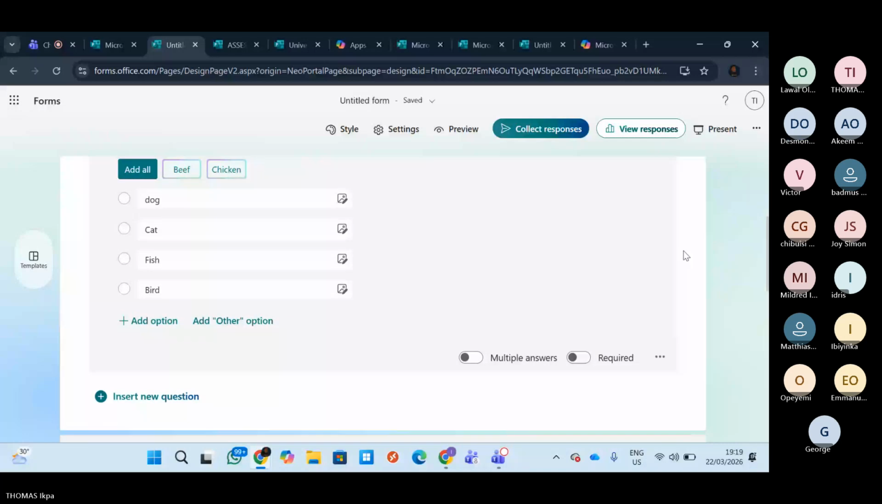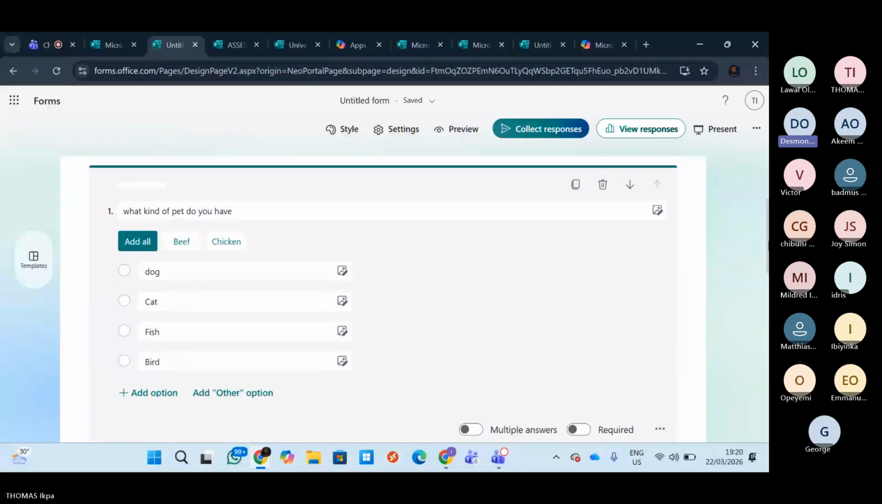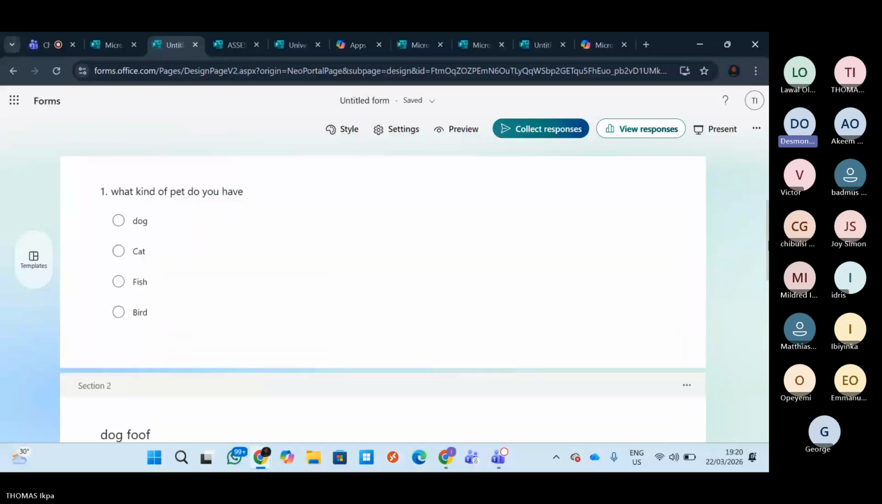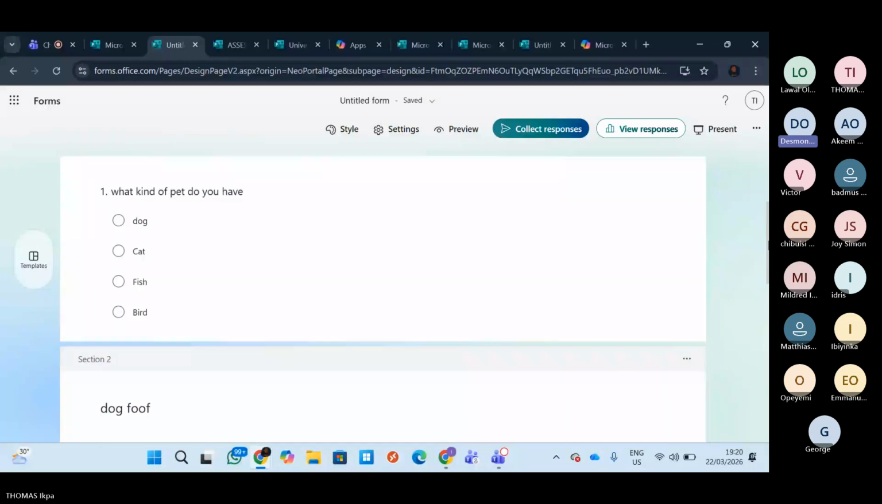So on this first section, we have: what kind of pets do you own? Now we have dog, cat, fish, and bird. So we add another question saying, okay,